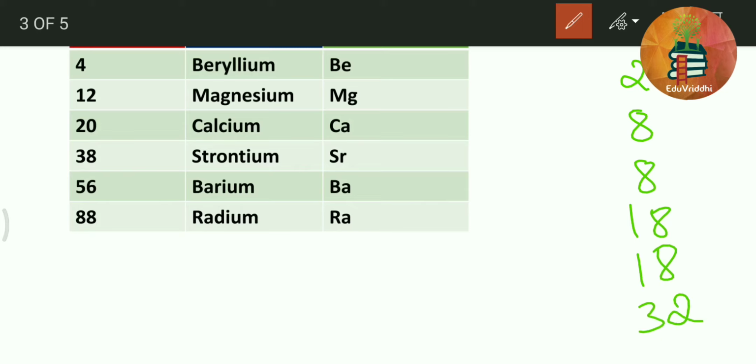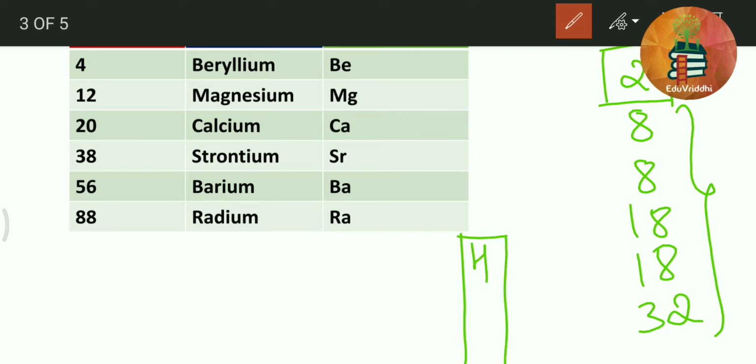In case of finding the atomic number of second group elements, we will leave the first magic number. Okay, this is the exceptional case. We will leave the first magic number, that is 2, and we will only use the remaining magic numbers. This is because if you consider the periodic table, in the first group we have hydrogen, then here lithium, and next we have here beryllium. So this is the first group, this is the second group, this is the first period, this is the second period. So beryllium starts from the second period and not the first period. So we will be leaving the magic number 2 and using the remaining magic numbers.